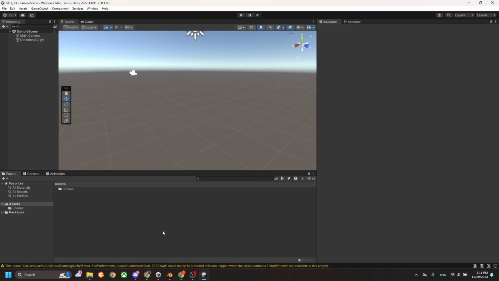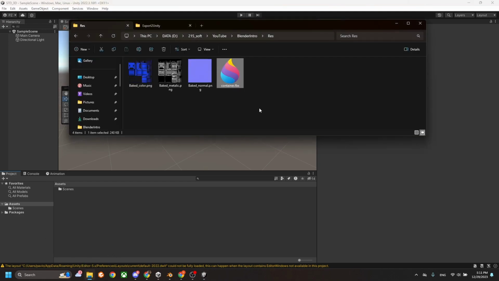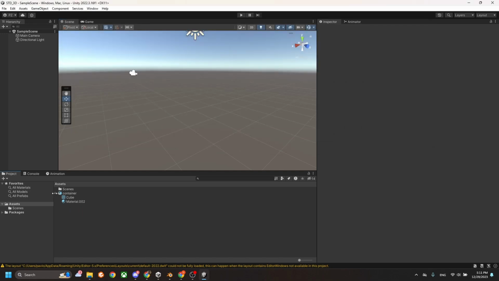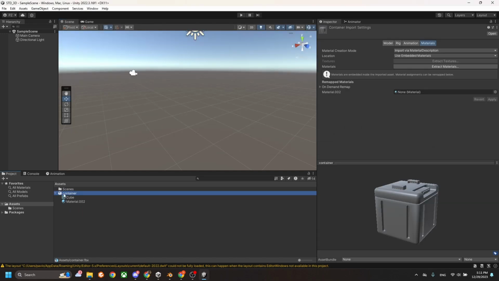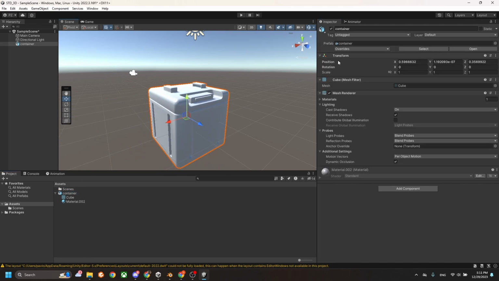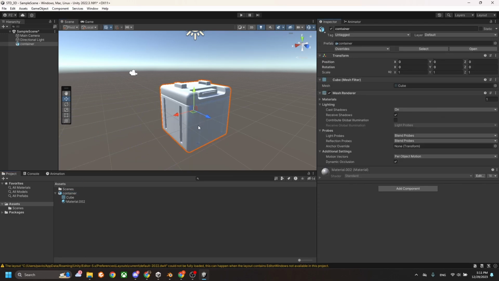So basically I can just now go to Unity and drag in the container FBX file. Okay, so what do we have here in this container file? I can open it up, and what we can see is actually our container. Yeah, so it's already in Blender. I can just drag it to our scene, reset it for it to be in the middle, and we have